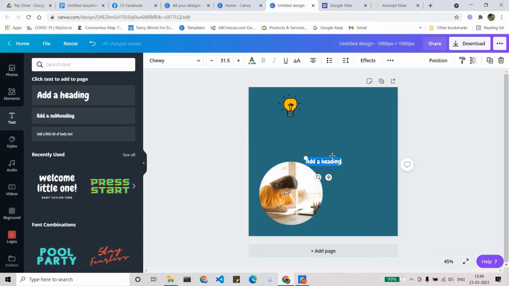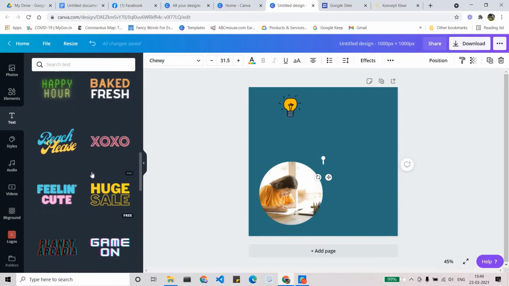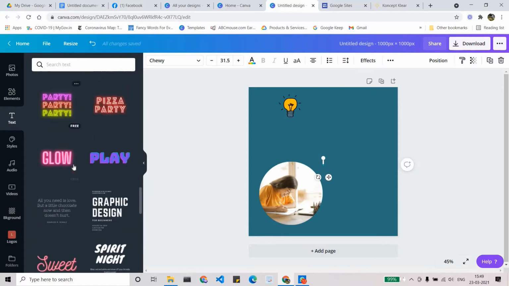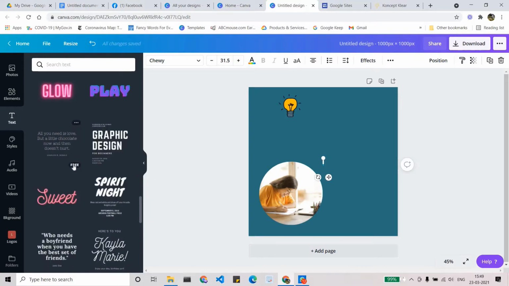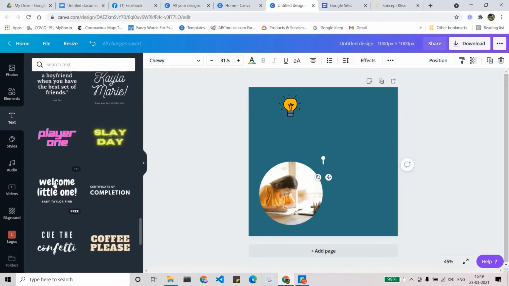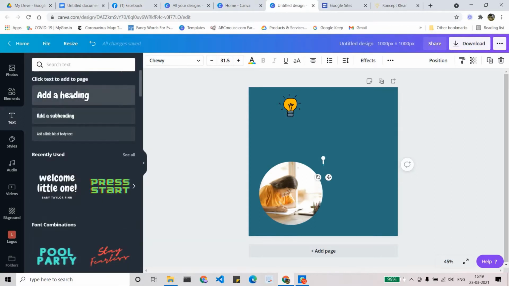So I can use some predefined text, heading and subheading. You can choose whichever suits your requirement. Actually, I already created the heading and subheading for this.